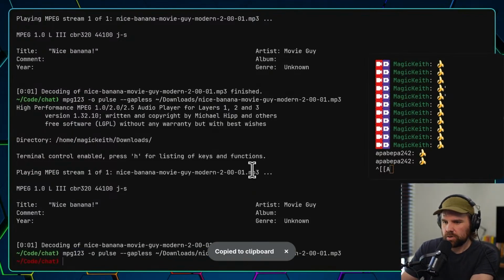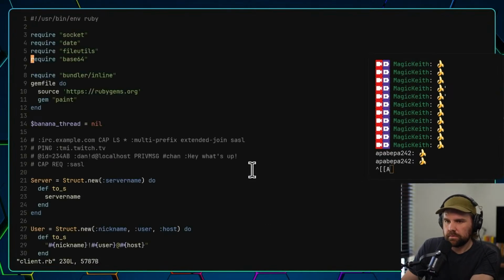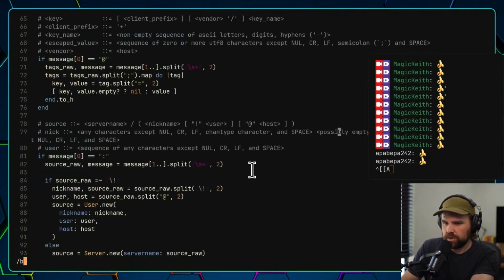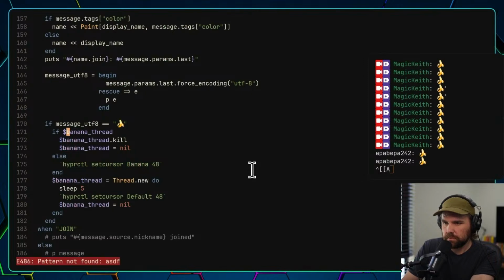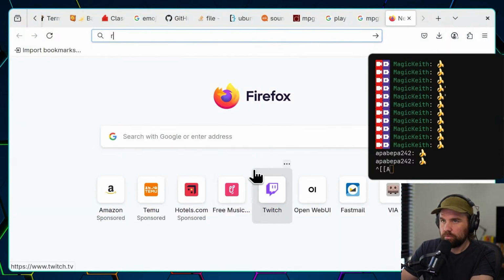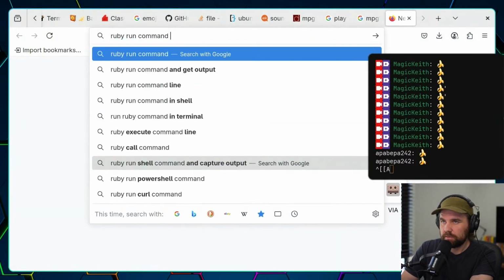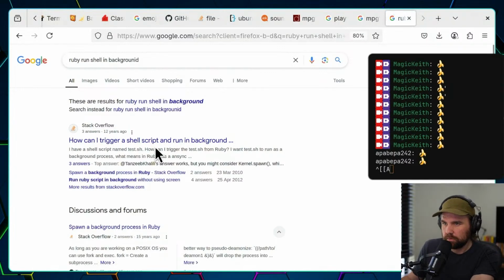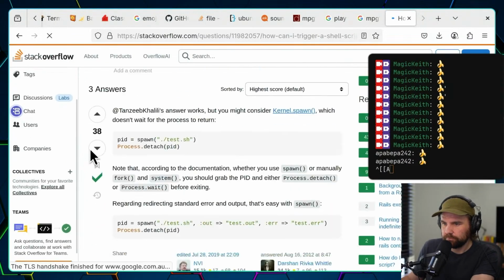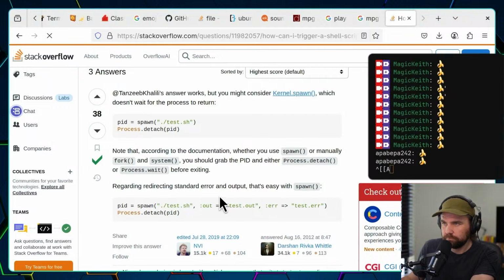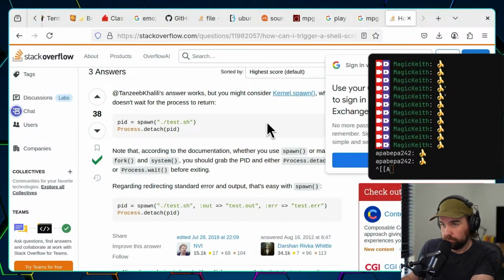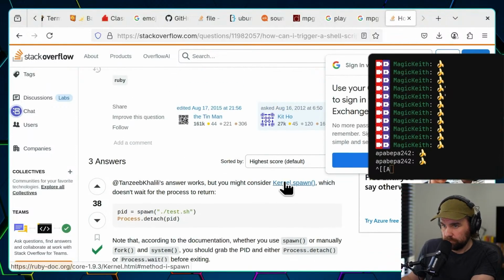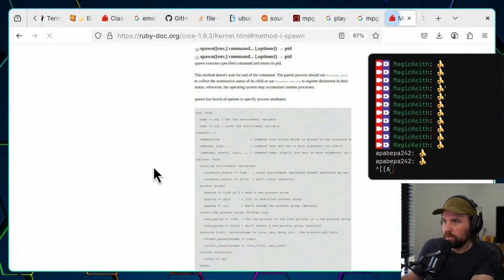and go to my code client. And then when it changes, the banana. Now I need a Ruby run command, run shell in background. I think I'm just doing a thread again. I think it's spawn.